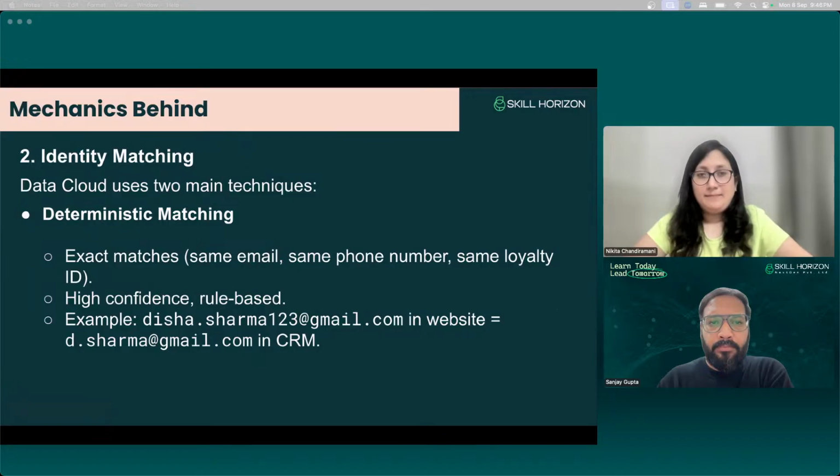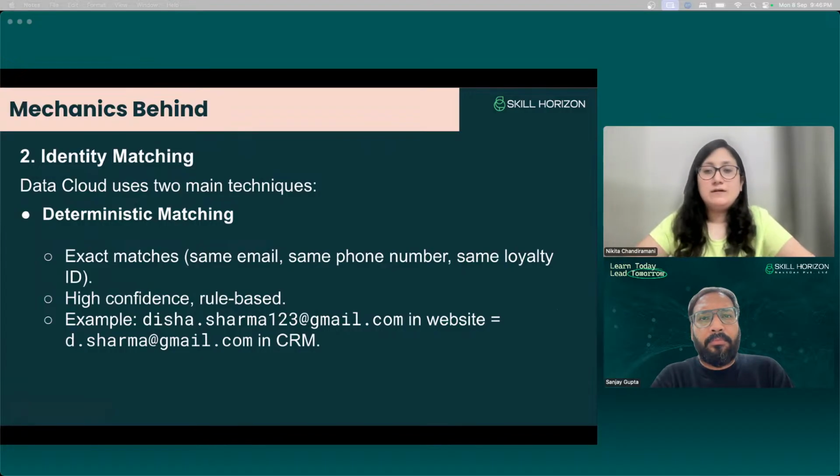Then comes identity matching, where I told you there were two ways. One is the deterministic approach, and the other is the probabilistic approach. The first approach is exact matches: same email, same phone number, same loyalty ID, which is high confidence or rule-based. For example, there is disha.sharma123@gmail.com on the website.